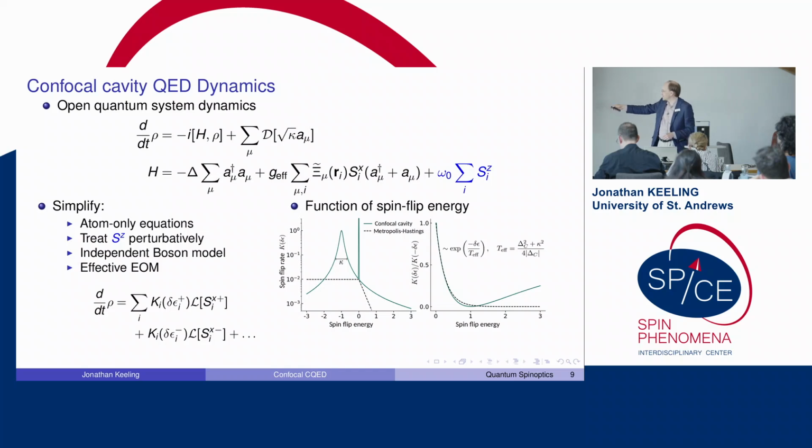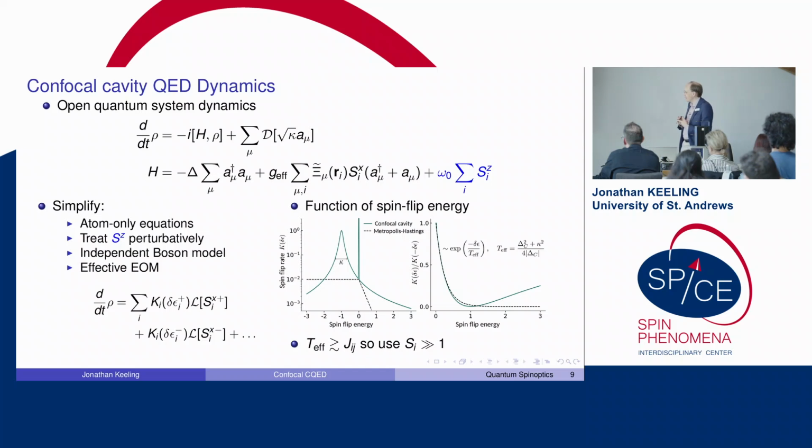So what you find from this is that there is this spin flip rate, which is large when you're on resonance with the cavity modes and falls away from this. And what you find more importantly is if you calculate the rate of a spin flip that increases energy versus one which decreases energy, so the rate of the forward flip and the backward flip, this ratio of rates fits reasonably well to a Boltzmann distribution, at least for low spin flip energies, and you can extract that there's an effective temperature from this. So this dynamics looks quasi-thermal,